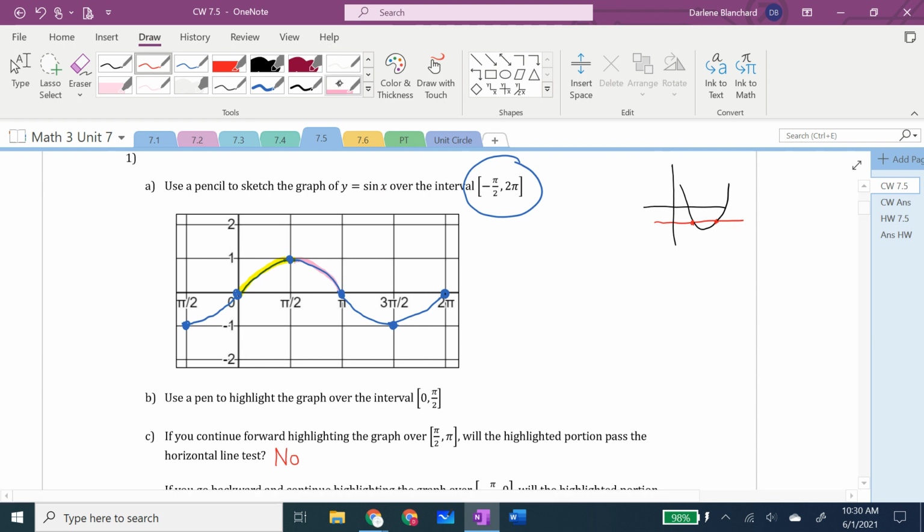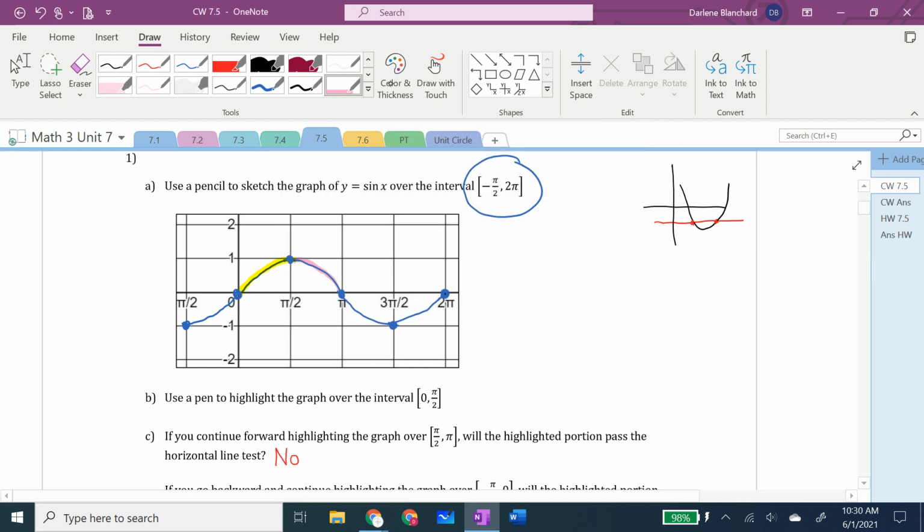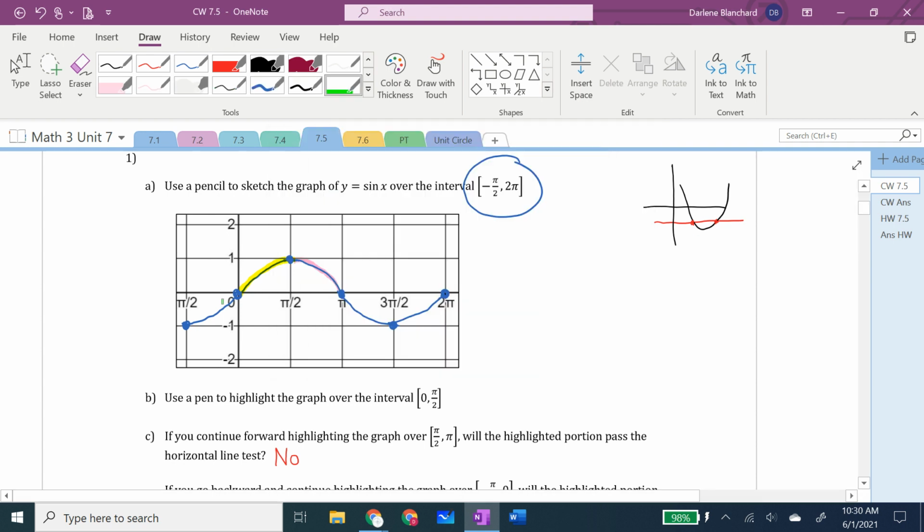Now, next, hold on, let me pick another. Oh, I am so ready to be done with everything via computer. Anyway,